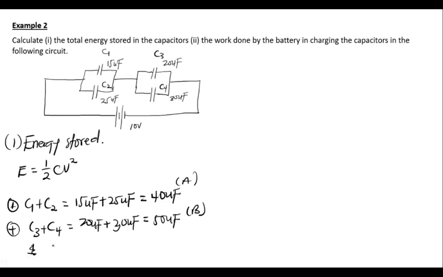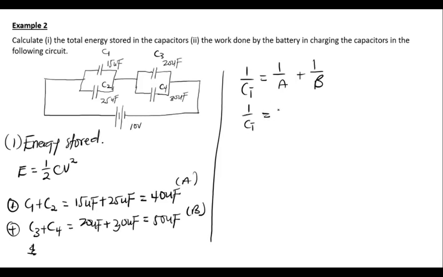Let me write this somewhere else. 1 over CT, the total capacitance, is equal to, because these two are now in series after we've computed the total for each pair, we add 1 over A, the result from adding C1 and C2, plus 1 over B, the result from adding C3 and C4. So we have 1 over Ct is equal to 1 over 40